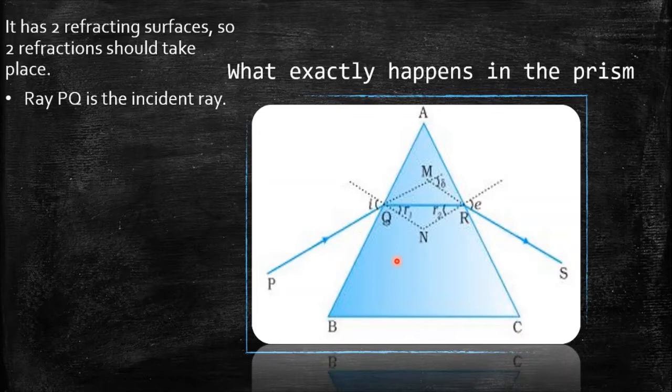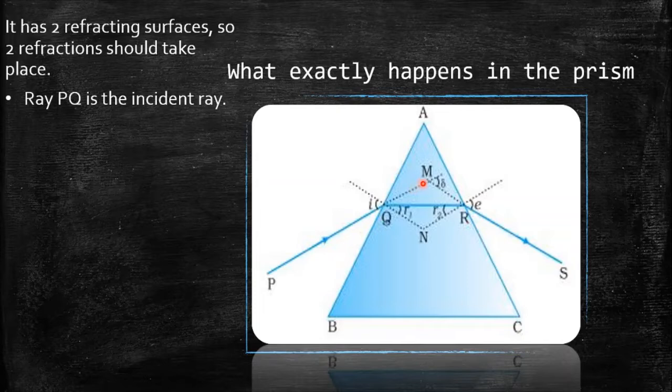Now, how do I know this? At this point of incidence, I'm going to draw my normal over here, correct? And because the light is traveling from a rarer medium to a denser medium, it certainly suffers a refraction. The speed of the light slows down and the refracted ray is going to move towards the normal, correct? What have I done over here? I've simply extended the incident ray forward, alright?